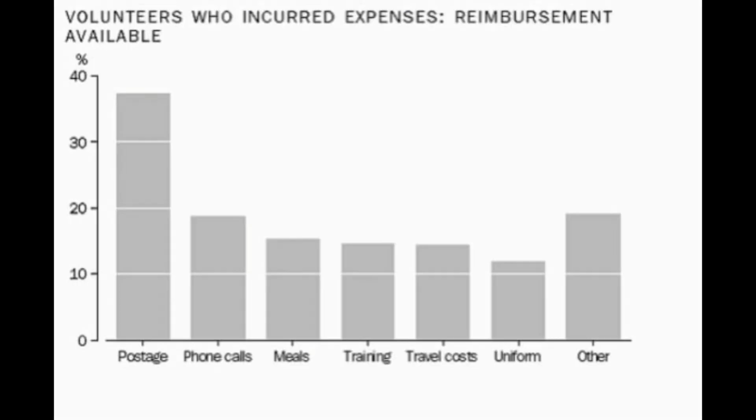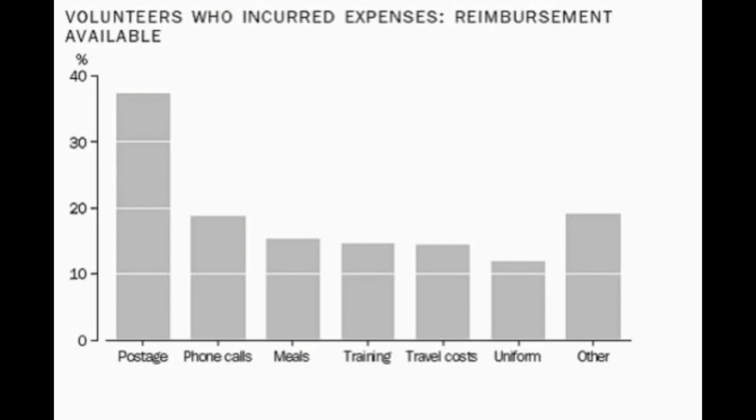The following graph gives information about volunteers who incurred expenses. The items include postage, phone calls, and uniform. According to this graph, in meals, the value of reimbursement is around 16%, and that of phone calls is higher,